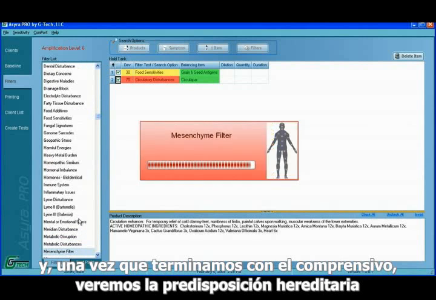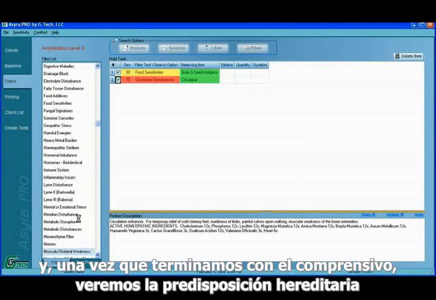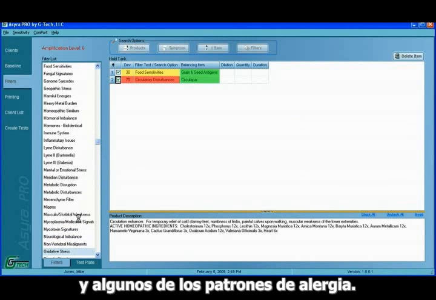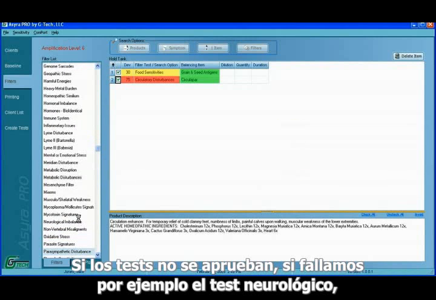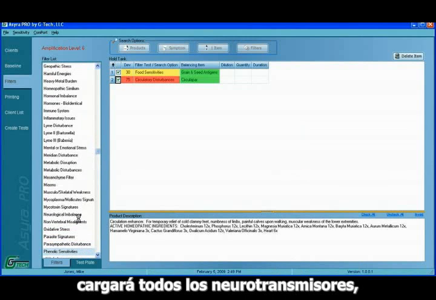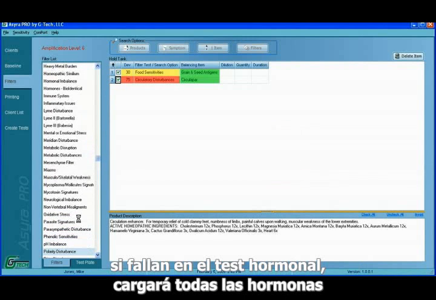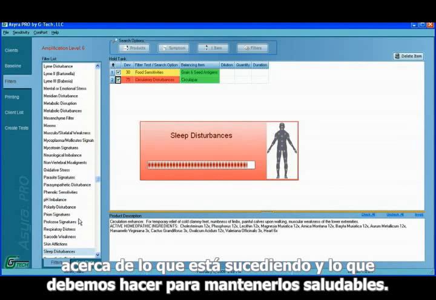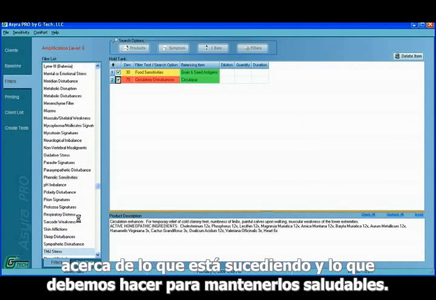And once we're finished with the comprehensive, we'll then look at the inherited predisposition and some of the allergy patterns. And if the test fails, for instance, if we fail the neurological test, it would load up all the neurotransmitters. If they fail the hormone test, it loads up all the hormones so we can see which one is the issue and give us very detailed information as a clinician to what's going on and what we need to do